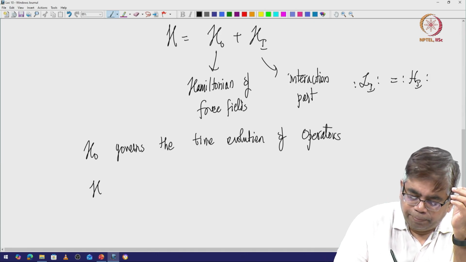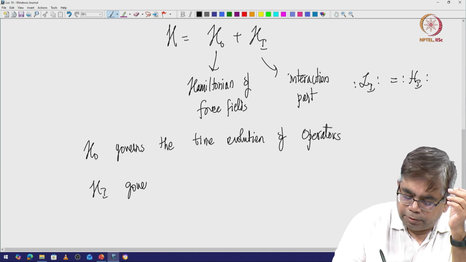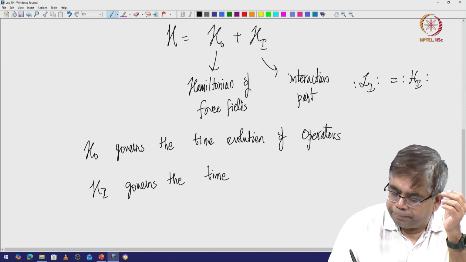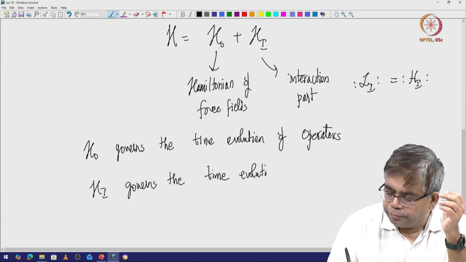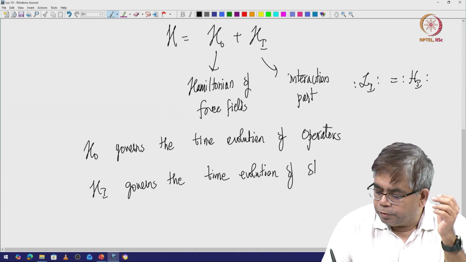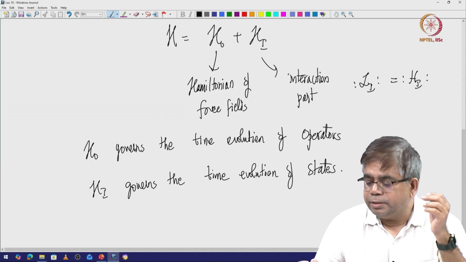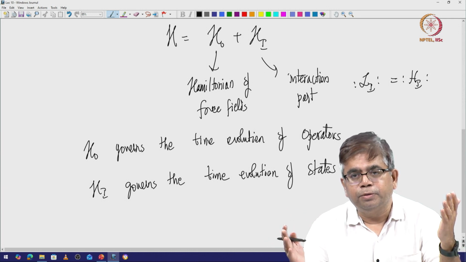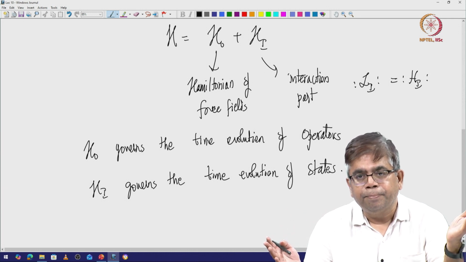Whereas HI governs the time evolution of states. So in this sense, this becomes a mix of both the Heisenberg picture and the